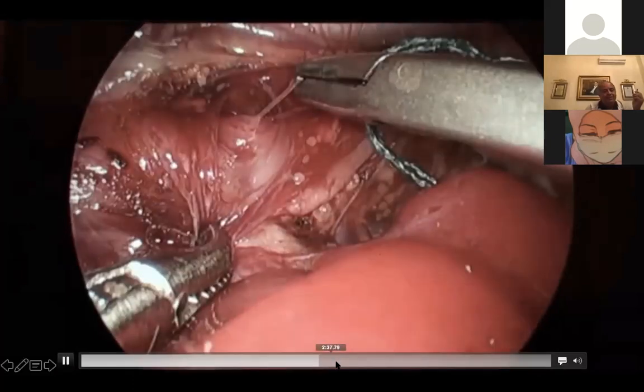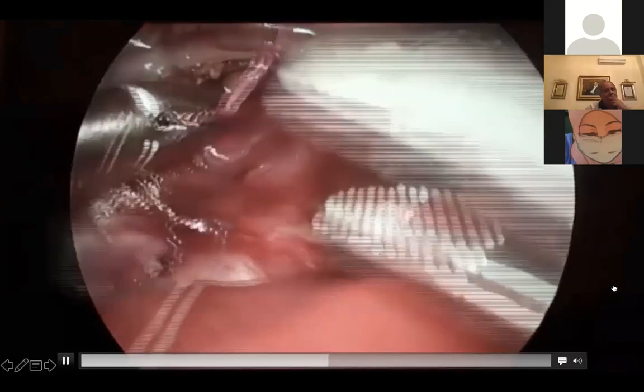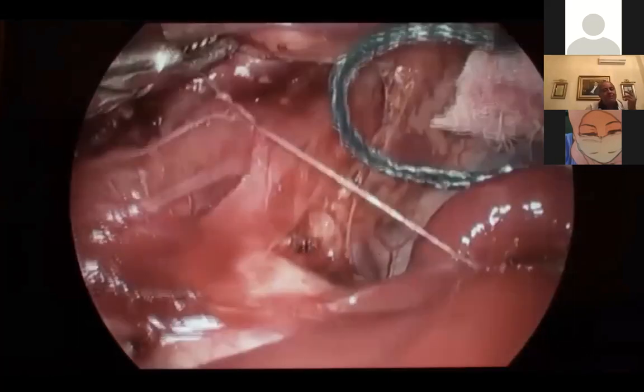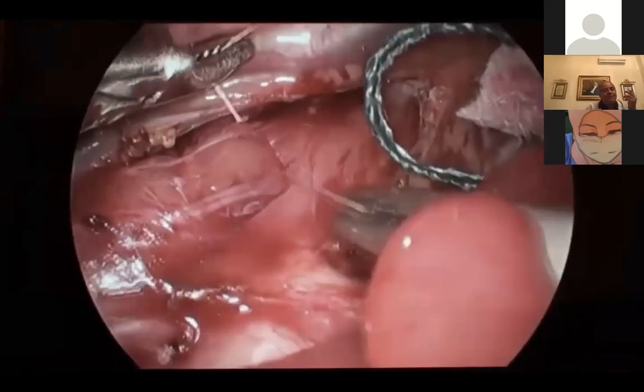We ligated the distal fistula, and right after ligating it, we were still struggling with tidal volumes. So then we repeated the bronchoscopy, and then you can see it on the right side of the screen that there's a small pit describing the proximal tracheal